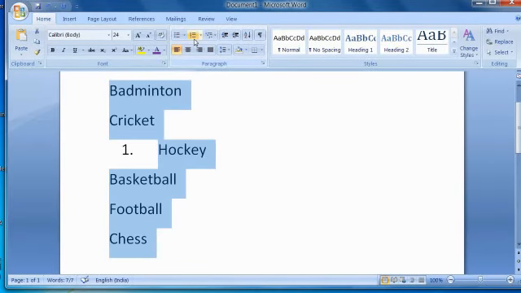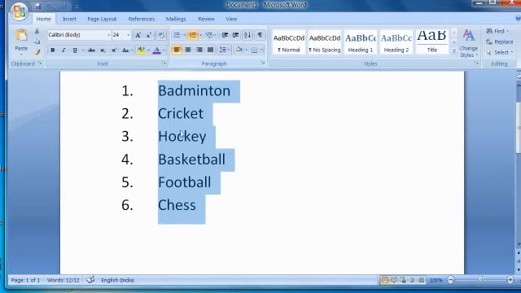I told you we have to select before whatever we want. We want to change the name, or change the color, or increase the size or decrease the size, or if you want to give the bullet style, whatever it is, first we have to select it, then we have to click. See the changes. So what happened? Whichever ones I have selected, only those can take a bullet style, isn't it? So first we have to select everything before we click the bullet style. Okay, children.